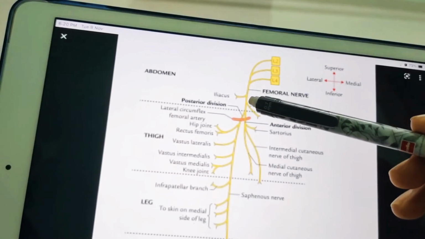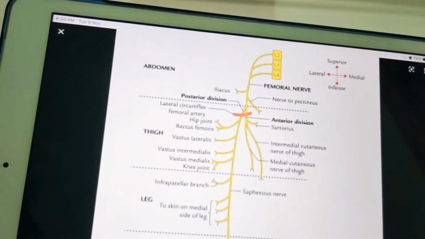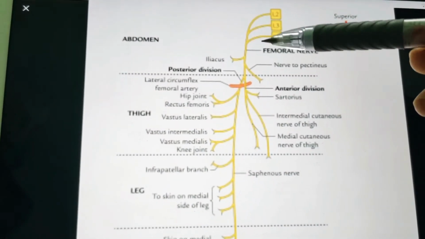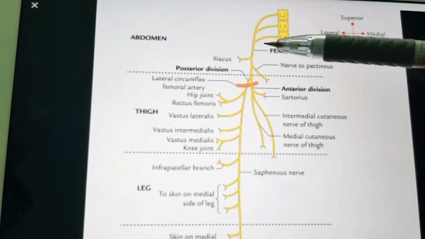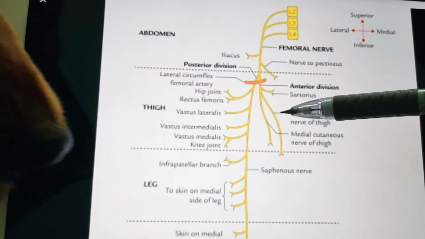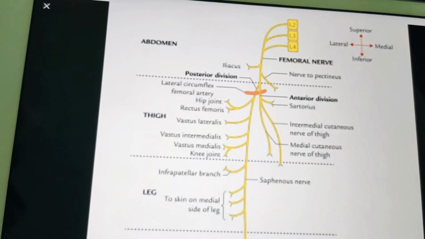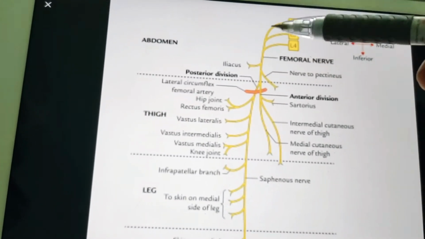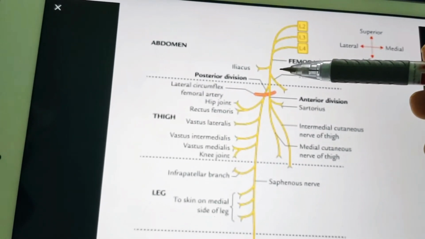First the femoral nerve enters the femoral triangle, passing behind the inguinal ligament. Remember one thing, that the femoral nerve passes behind the inguinal ligament. So for example, this is the inguinal ligament, it will pass behind, meaning the back of the inguinal ligament, and enters the femoral triangle. Okay. The femoral nerve enters the femoral triangle just lateral to the femoral artery. For example, here lies the femoral artery, then just lateral to it the femoral nerve enters.